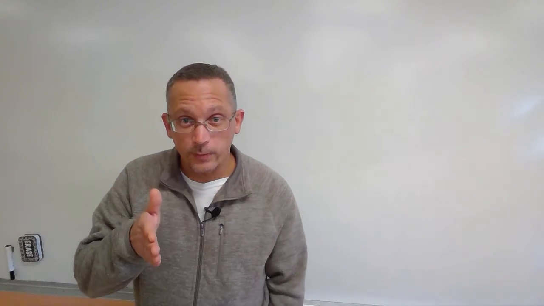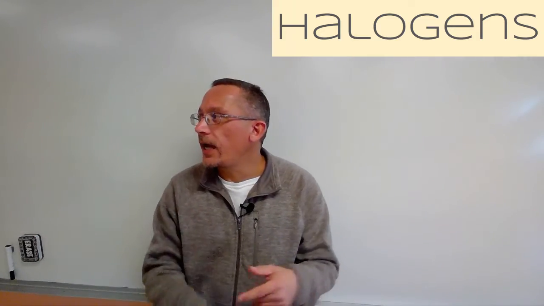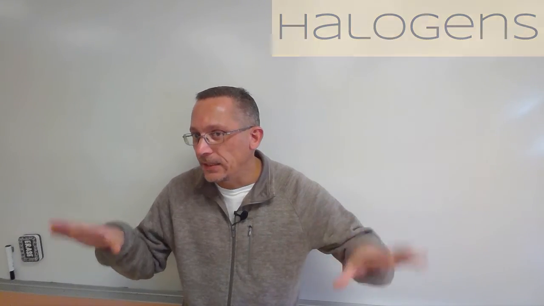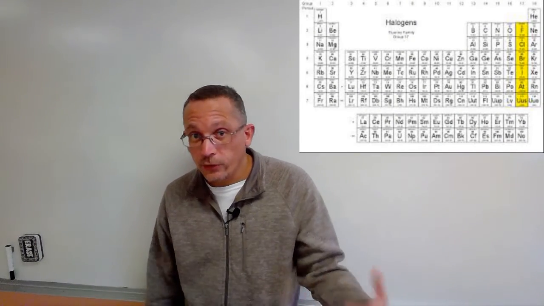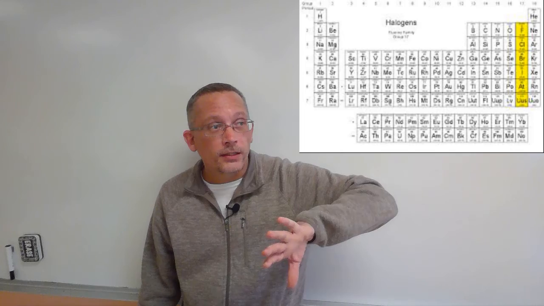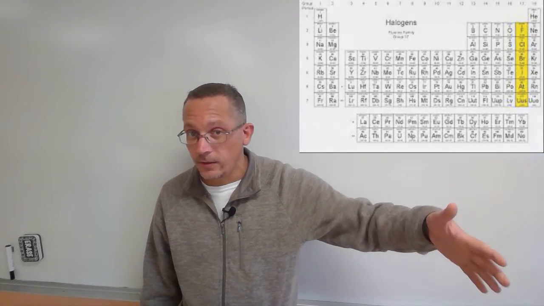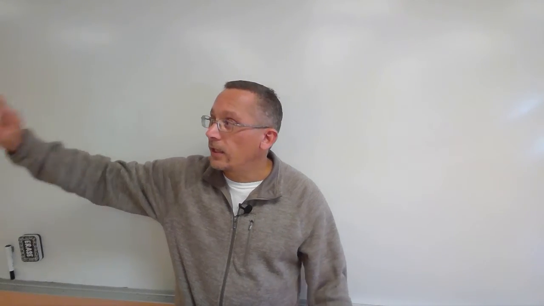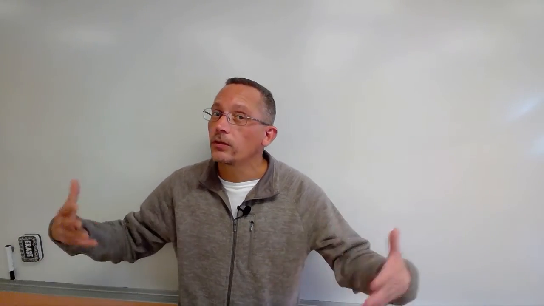Okay, right next to the noble gases, in column 17, you find a family called the halogens. You've got fluorine, chlorine, bromine, iodine, astatine. Notice they all end with "ine". These are the "ine" elements, the halogens. The halogens are very reactive elements again, right? So in columns 1 and 2, the alkali metals and the alkaline earth metals were very reactive. And now here, all the way on the other side, in column 17, you've got the halogens, which are also